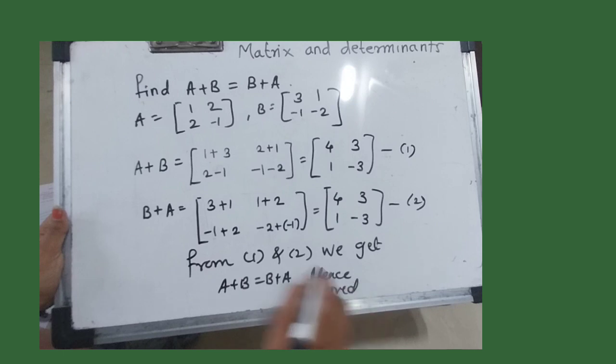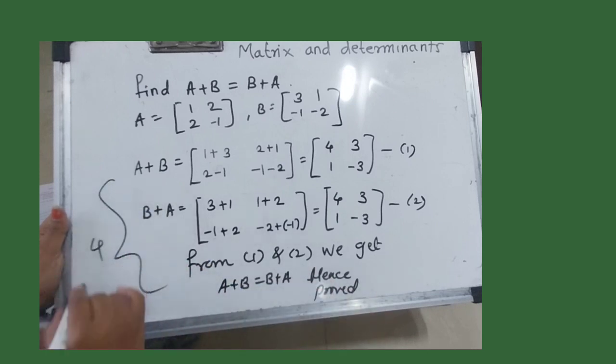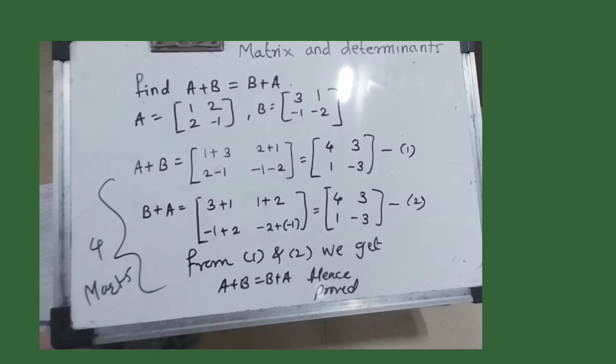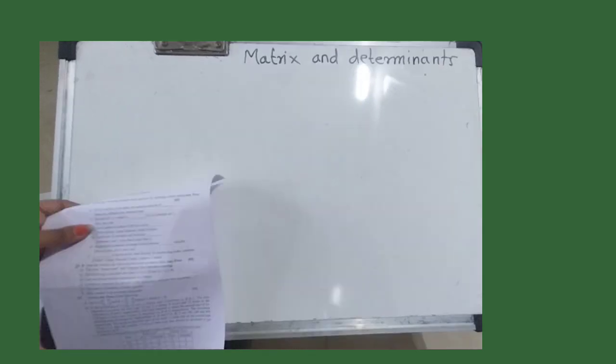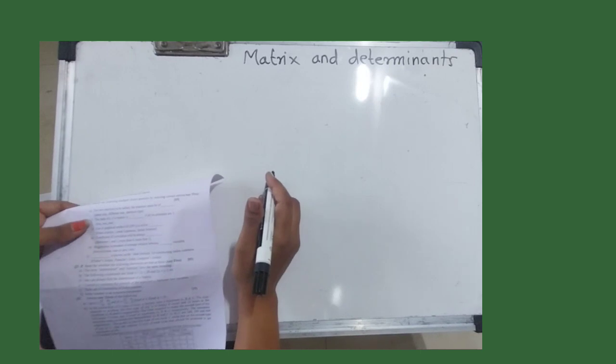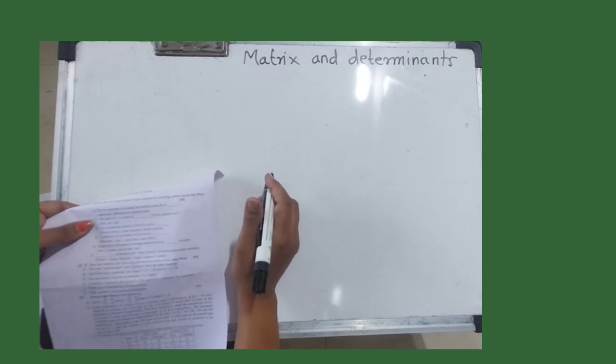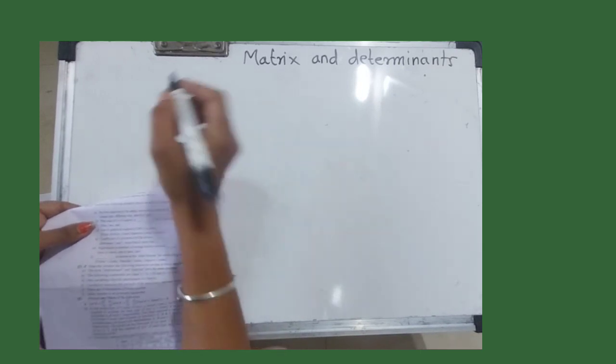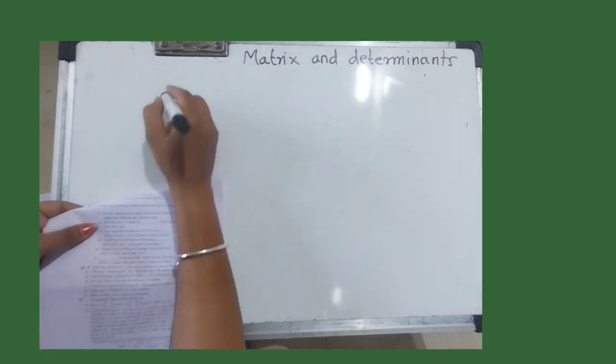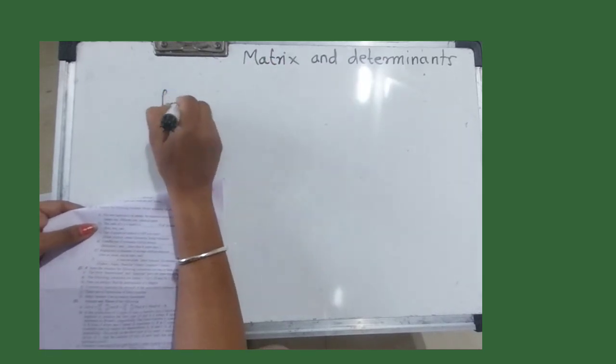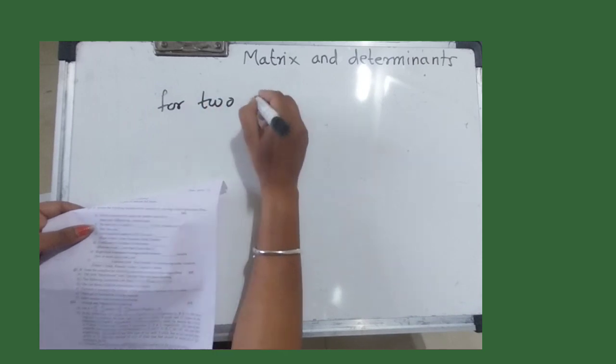It is for 4 marks in the third question. Clear? See in the next question paper, for 2 matrices to be added. In the first question, it is for 2 marks. Fill in the blanks. For 2 matrices